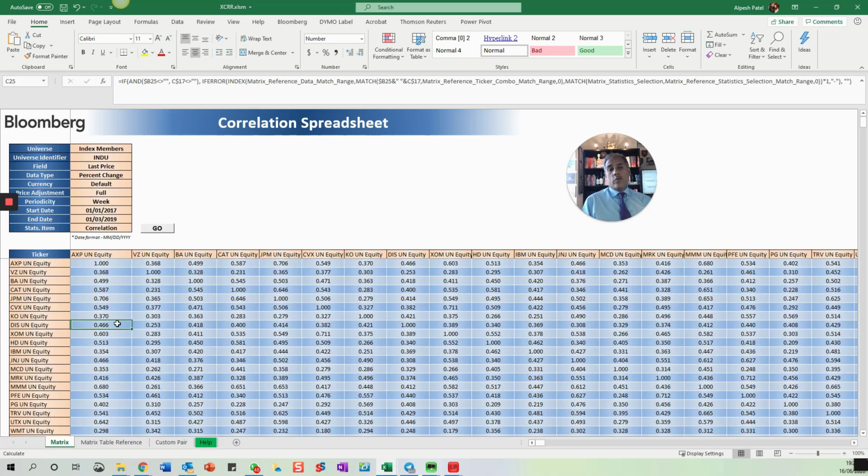Okay, so it was just to give you this overview. Now, your action point isn't to go and look at these kinds of tables. Your action point really from all of this is to be aware of how correlation works and why it's important not to have all your eggs in one basket, because then we're just actually making one investment, not many.